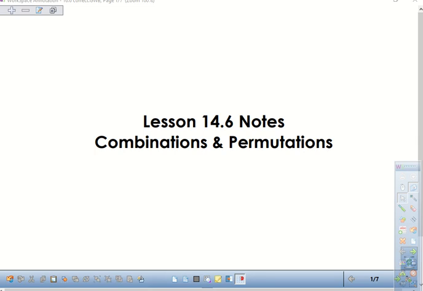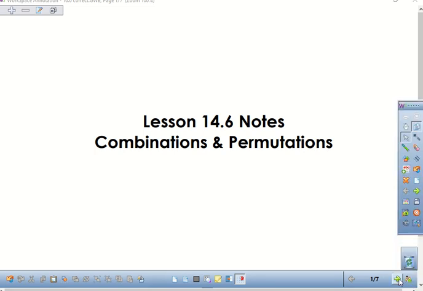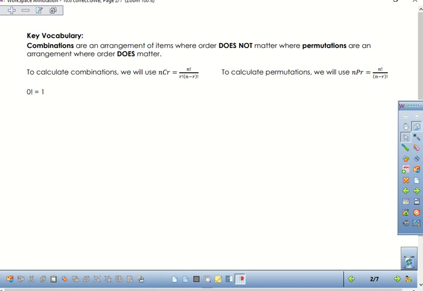All right, so 14.6 is combinations and permutations. The most important thing that you need to know about permutations versus combinations is arrangement. With combinations, we're talking about something where the arrangement doesn't matter, and with permutations, we're talking about something where the